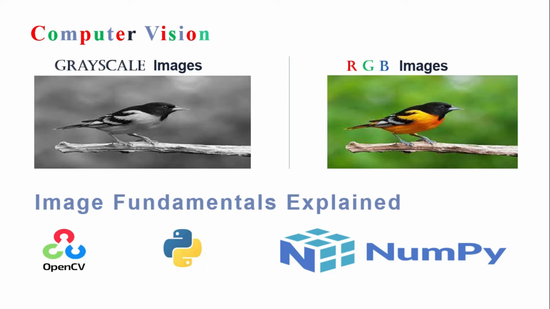Now, we know that computers can understand only numeric values, right? But here we are going to deal with images. So how do computers interpret these images for further processing? If you are able to convert these images into a numeric format, then computers can really understand those images and do some further processing. So we are going to look into some of the techniques for how to convert those images into numeric format so that computers can understand them.